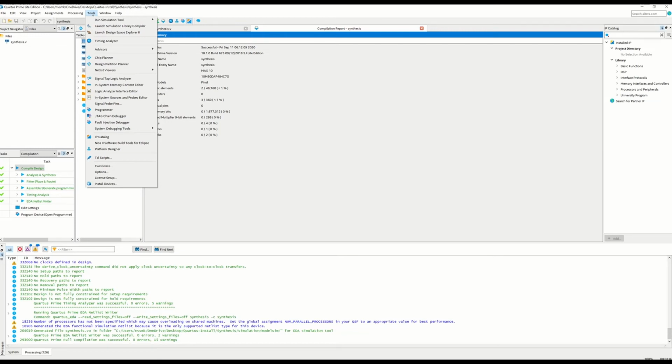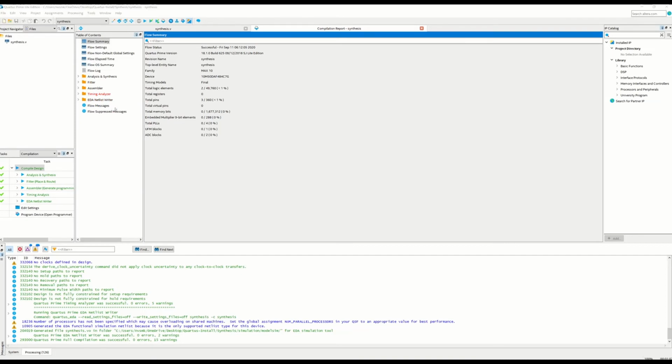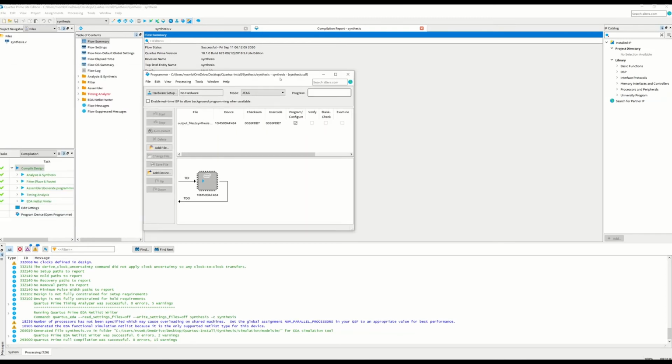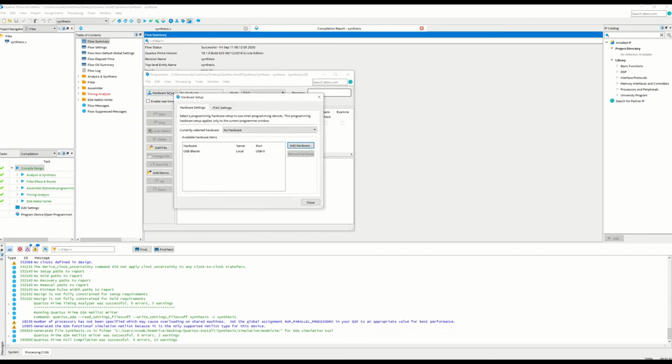So let's just see. If you hit Programmer, you should be able to see your device in most cases. In my case, I have it already set up, but if you don't, then hit Hardware Setup.